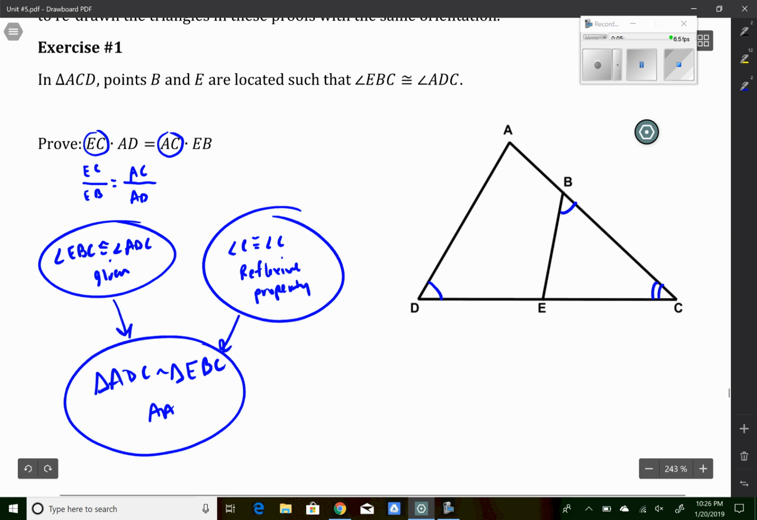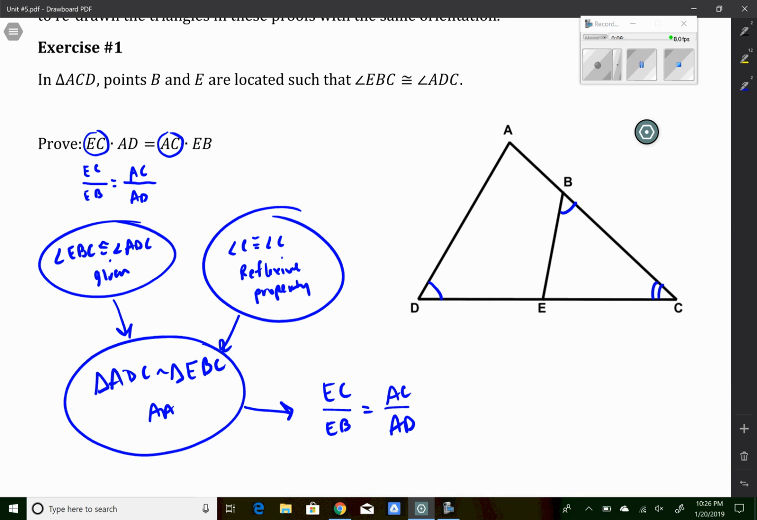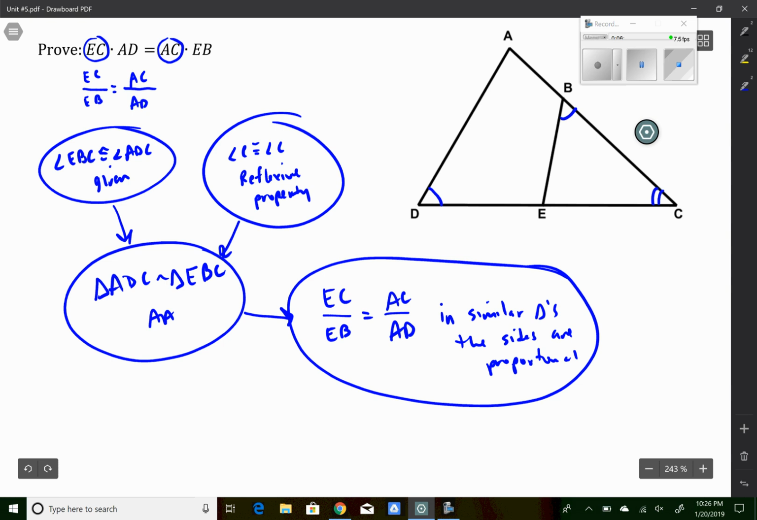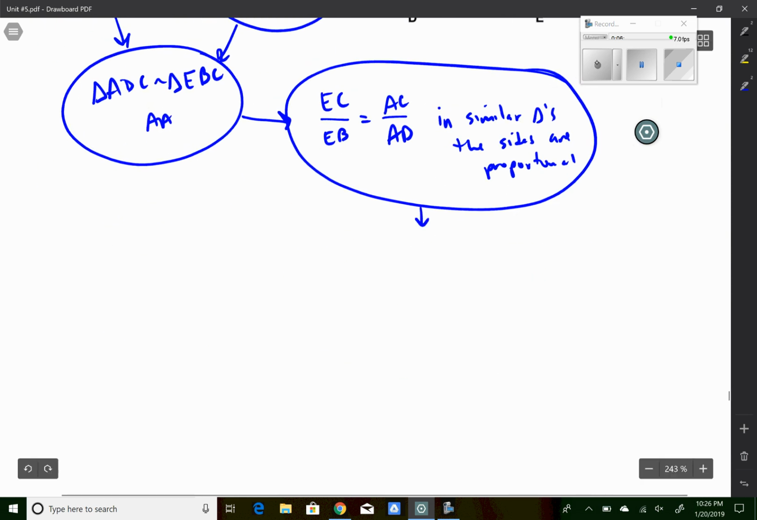Now because of that, I now know that EC over EB is equal to AC over AD, the proportion that I was able to undo the multiplication for. And I know that that's true because in similar triangles, the sides are proportional. And because I know that, I can then say EC times AD is equal to AC times EB, exactly what it asked me to prove, because the product